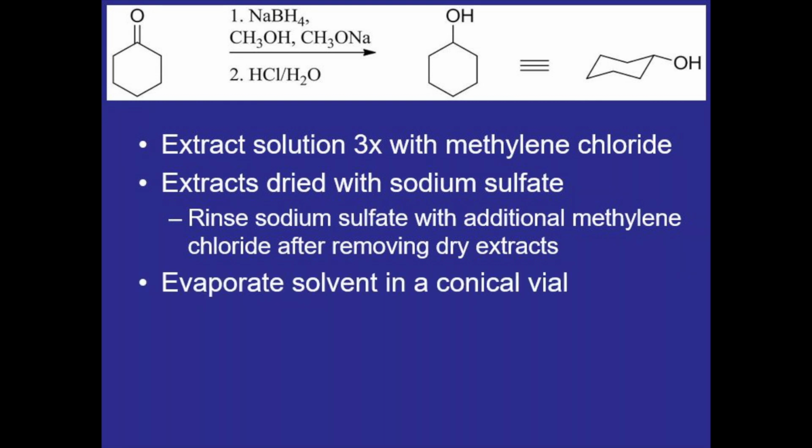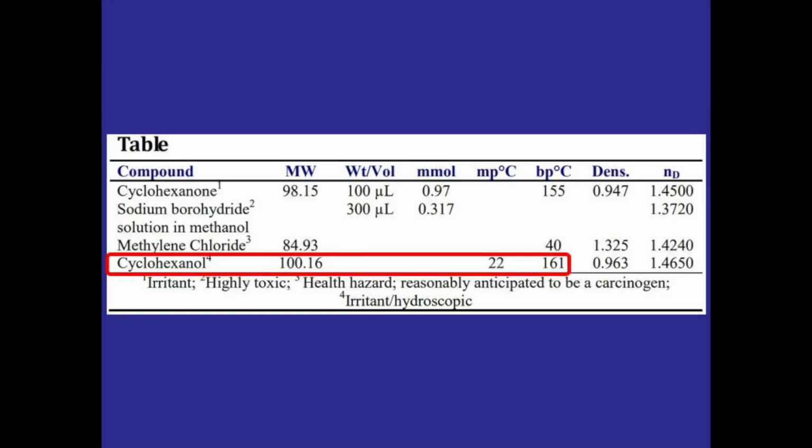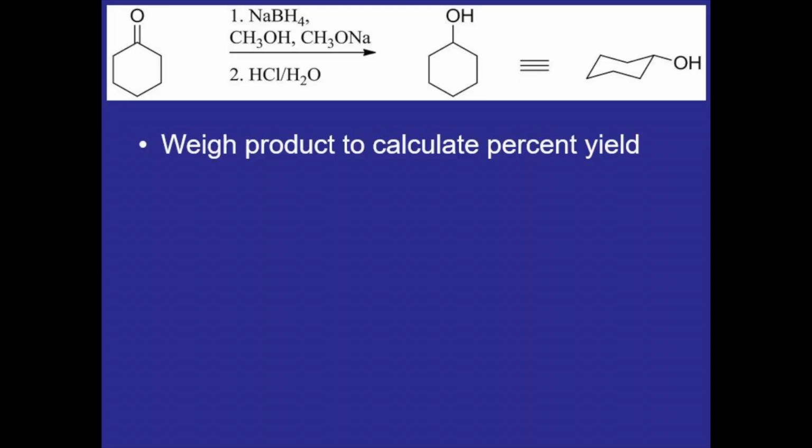We can then evaporate off the solvent in a conical vial using a gentle stream of air and gentle heating, being careful not to evaporate the cyclohexanol off as well. This shouldn't be an issue because the boiling point of cyclohexanol is 161 degrees Celsius, but to be safe, we'll use gentle heating to make sure that doesn't happen, and because it doesn't take a lot of heat to evaporate methylene chloride. Once the solvent has been fully evaporated off, we can weigh the remaining liquid product to calculate a